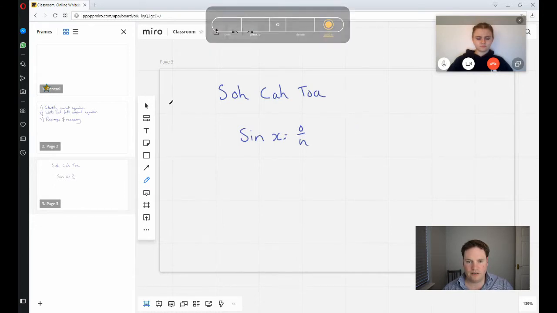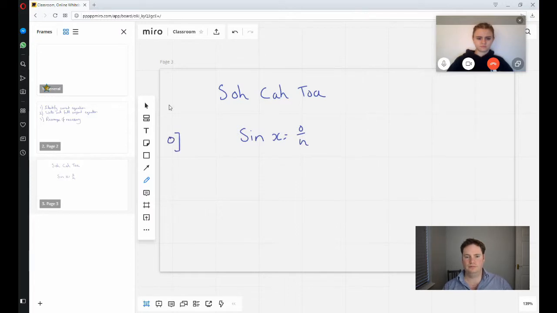See if you can rearrange that to make opposite the subject. So if I take hypotenuse over to the other side, then, right, yeah. So then